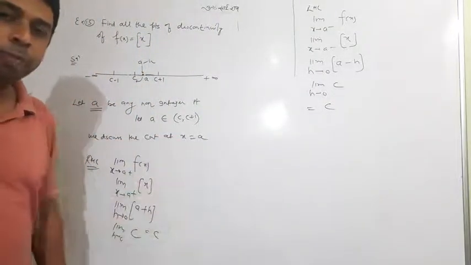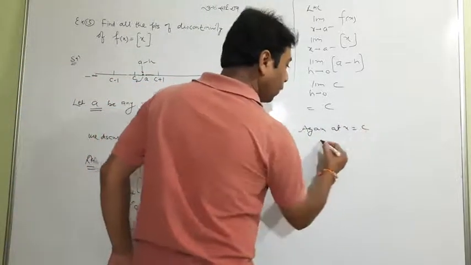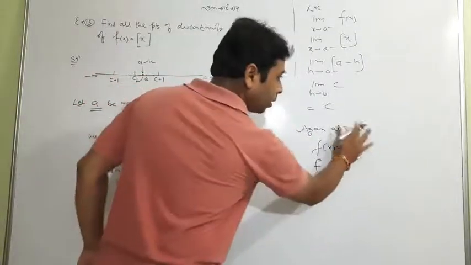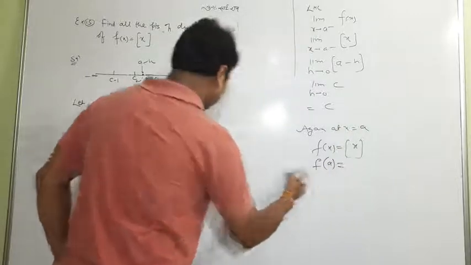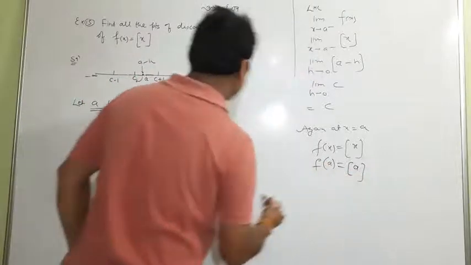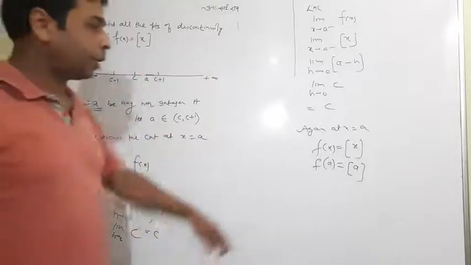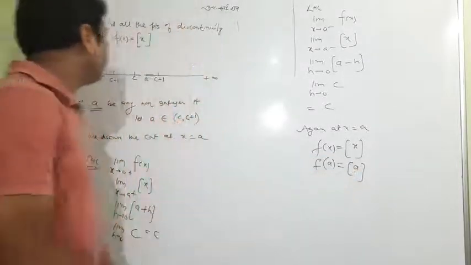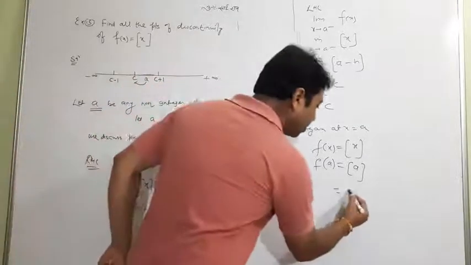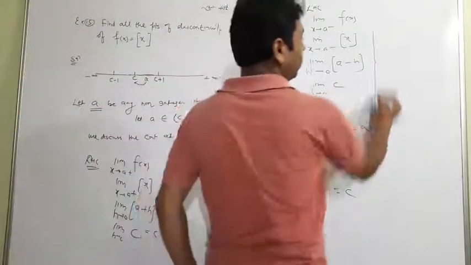We have to go for the function value. At x equal to a, because a is non-integer and we are finding everything at a, if I put x equal to a, see the picture again. I ask you one thing, when greatest integer function applies on a, again it gives what? The less and nearest integer, which is again c. So very interesting, all are c.